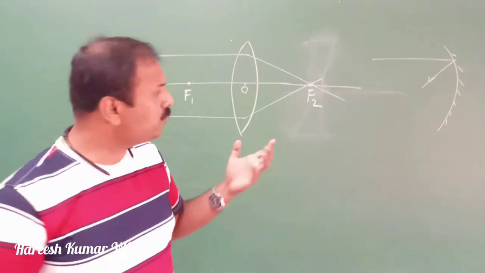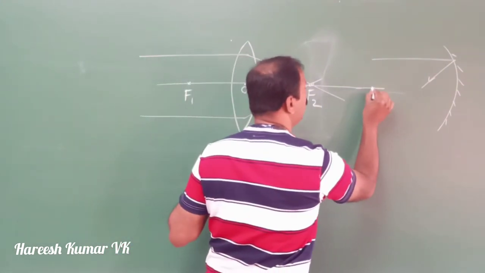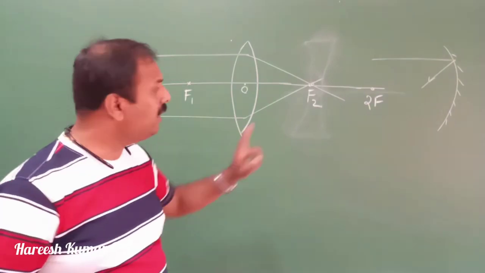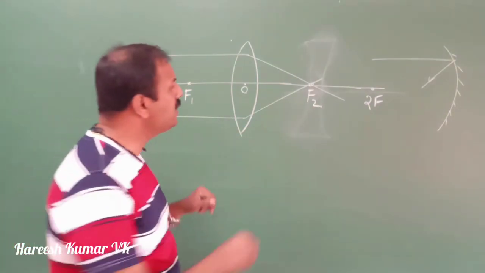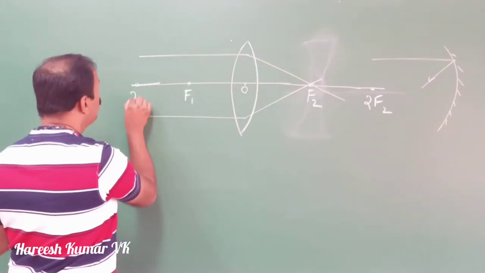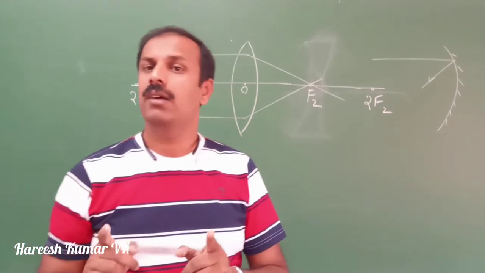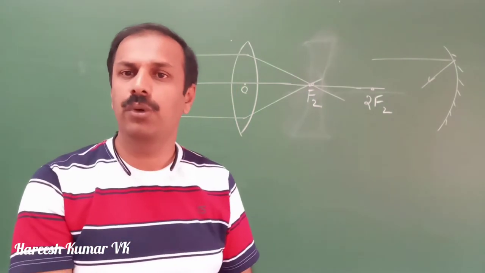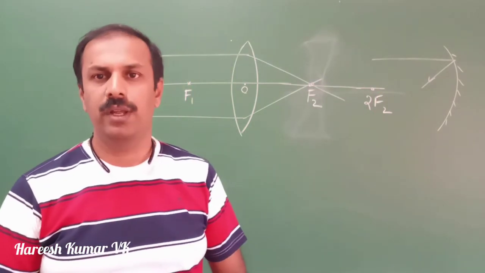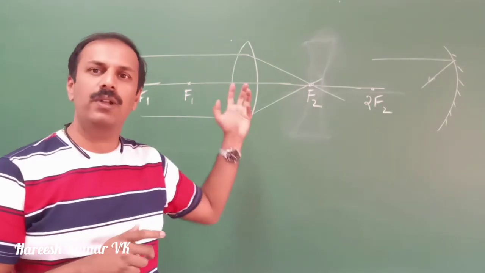So that's why instead of writing C, here we have another point which is called 2F. So wherever we had C in the case of mirror, here instead of that we will write 2F. So this side we will write 2F2 and this side we will write 2F1. I think you understood the difference. That is, here we will take F1 and F2, and this side we have 2F1, that side we have 2F2. Physically it is the same as our C only, but we will not use the word C here